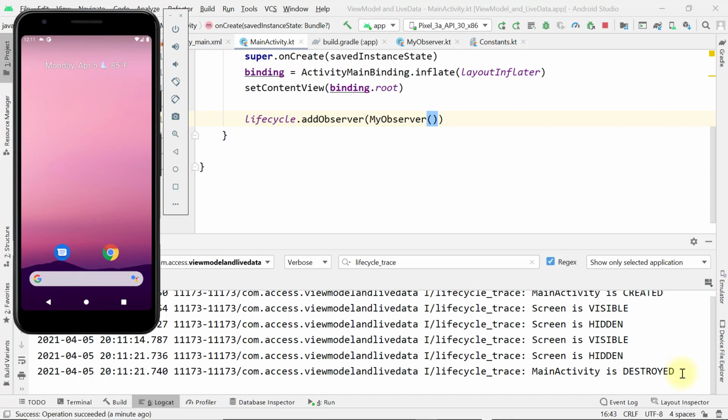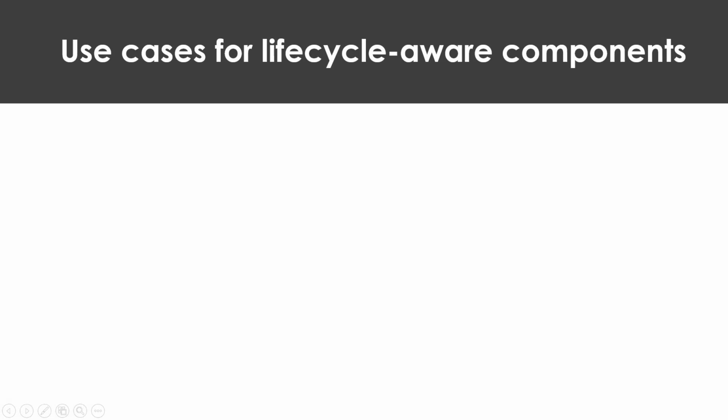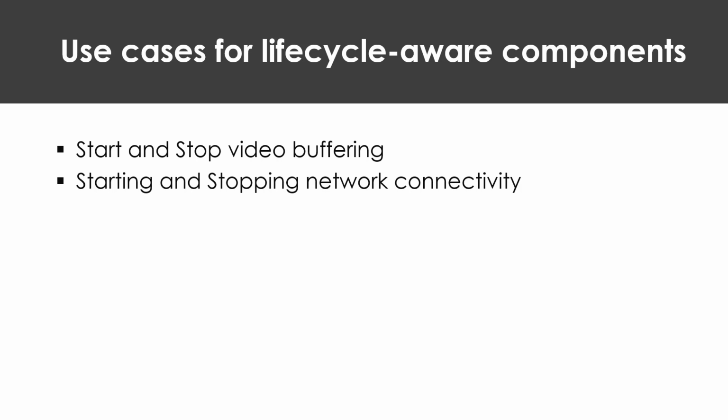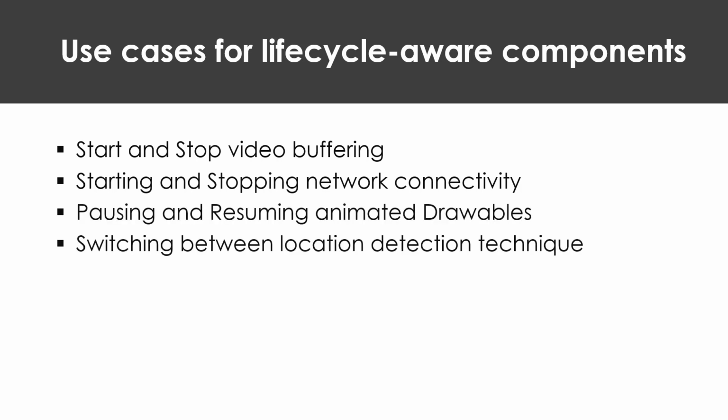Visually, we haven't done any major changes here, but our main goal why we do this is to apply some of the best practices to keep our UI controllers lean. This is our activity or fragment. For your future references, here are some of the use cases that may require you to implement this approach. When you start and stop video buffering, starting and stopping network connectivity, pausing and resuming animated drawables, or switching between